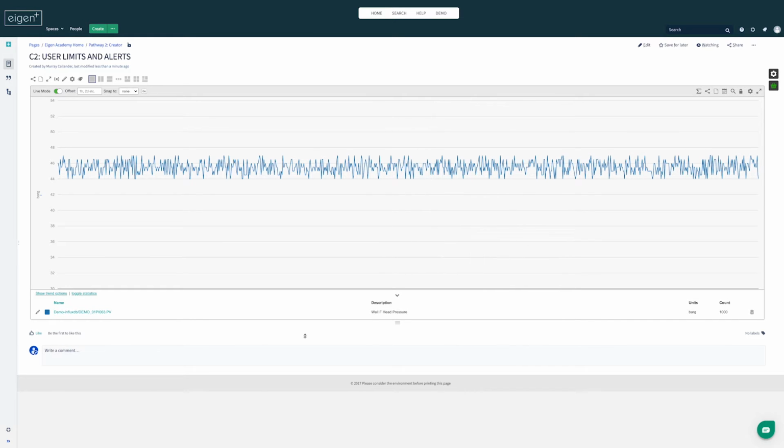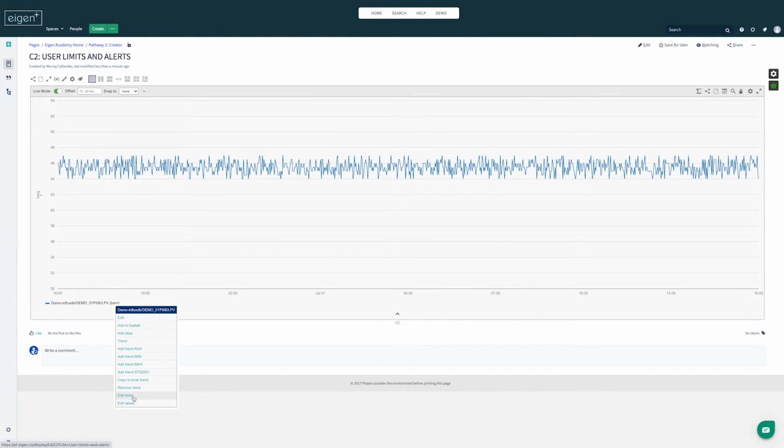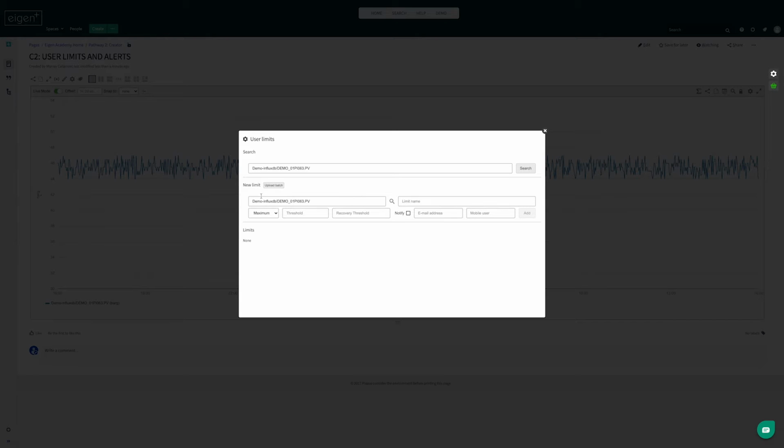The way we're going to do this, the easiest way, is just to right click on the series. You can do it from either in the legend or without. Bring up the menu and click Edit Limits. Here we can add a new limit and we can choose if it's a maximum or a minimum. I need to enter a minimum because I want to know if it goes down below a certain level,